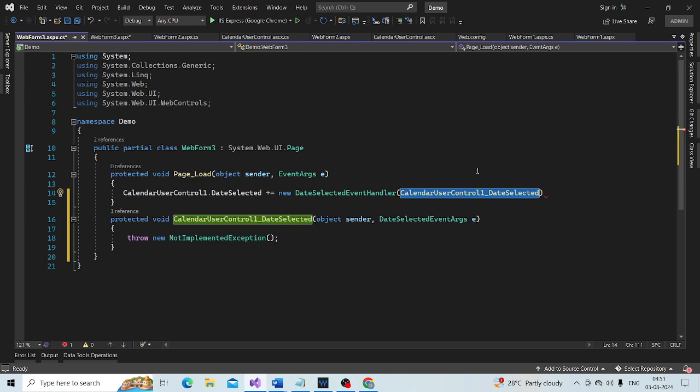So whenever the date selected event happens, this delegate gets invoked, and that delegate is pointing to this function.